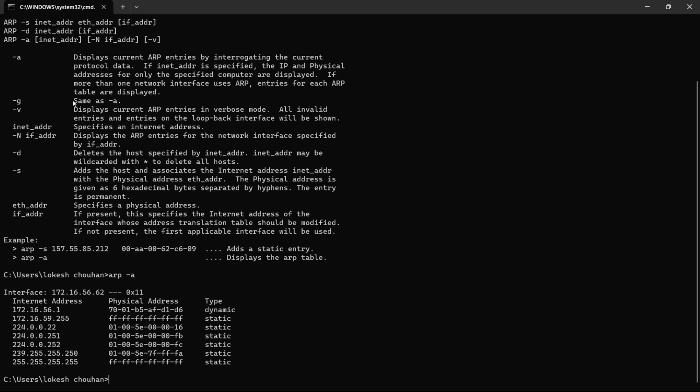Okay, so next is G, which is same as A, and B, which is displaying in a verbose mode. Okay, so here is the D. This is very important to delete the host specified by